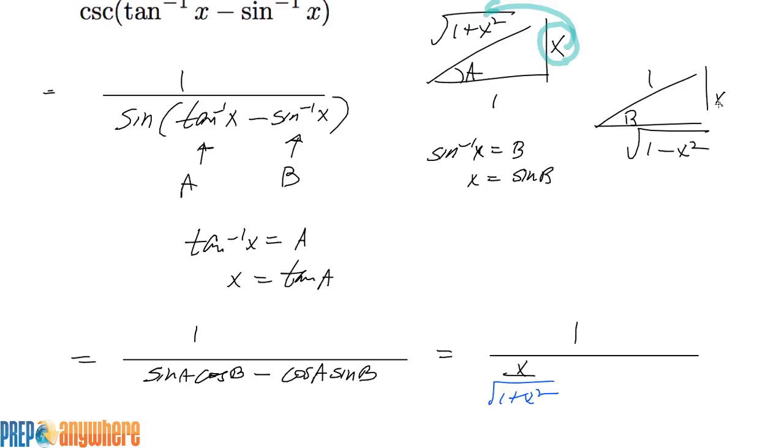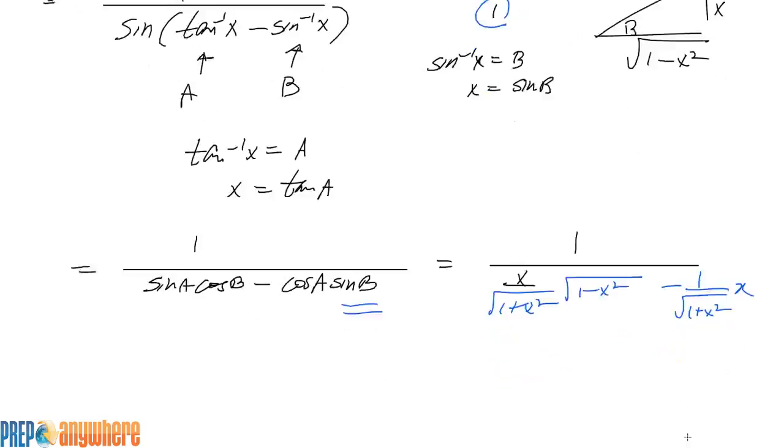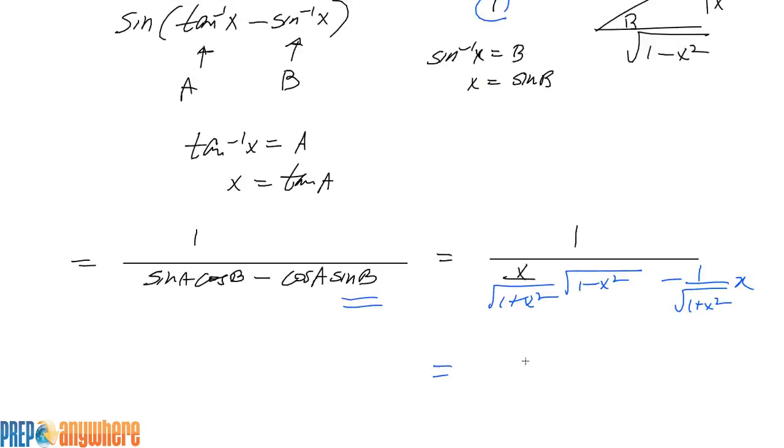Cosine of B is this over 1. So it's just going to be this. Minus cosine of A is here. It's going to be 1 over that. So 1 over the square root of 1 plus x squared. And lastly, sine of B is just x. Okay. So we have 1 over